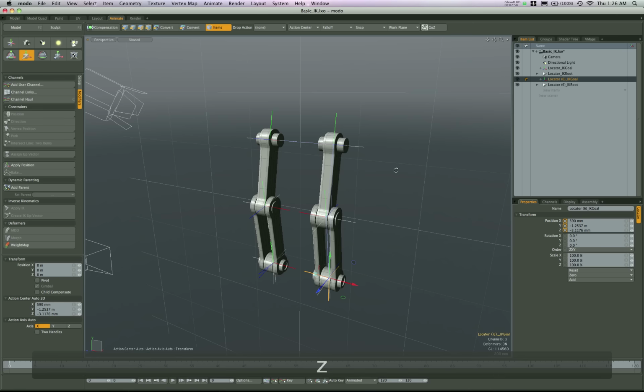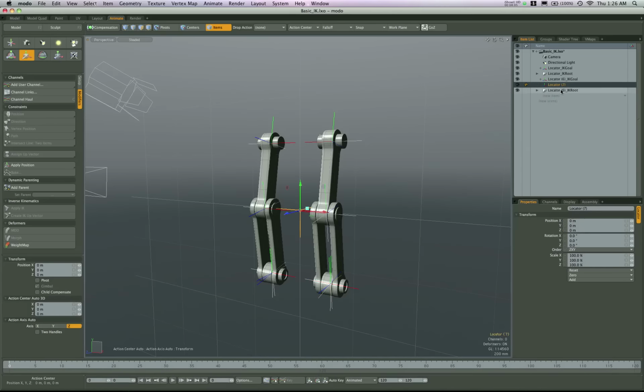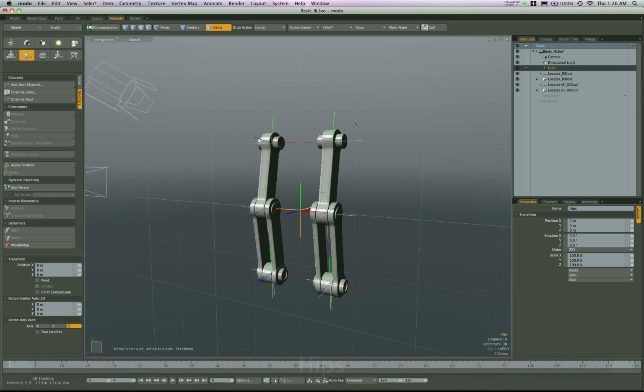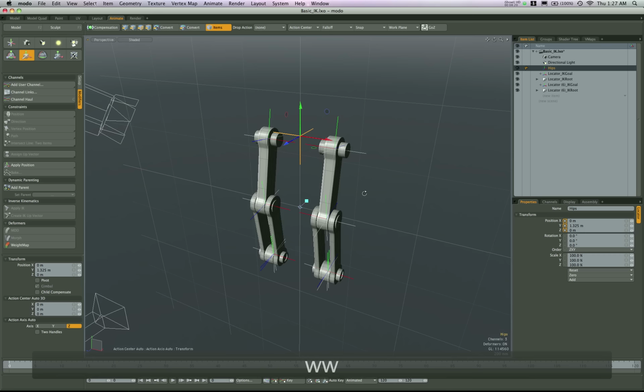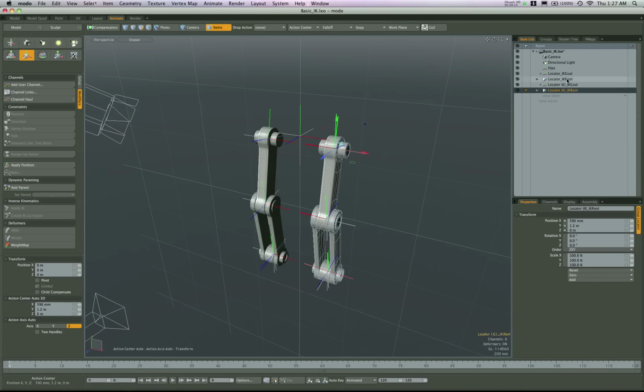Now I'm going to do one more thing, and that's I'm going to create a kind of a hip joint here to go with this. So I'm going to create a new locator here, and I'm actually going to rename this one, and I'll call it hips. And I'm going to pull this up to the top here, and then get my move tool and drag it up, just kind of up above and in between these 2 joints. Now what I actually wanted to do is grab the roots here,